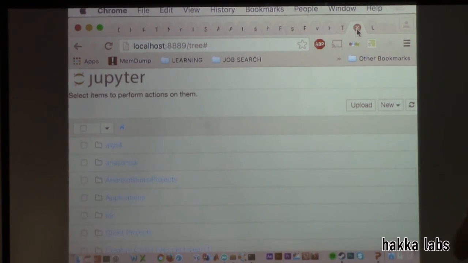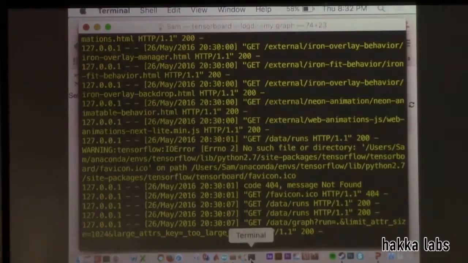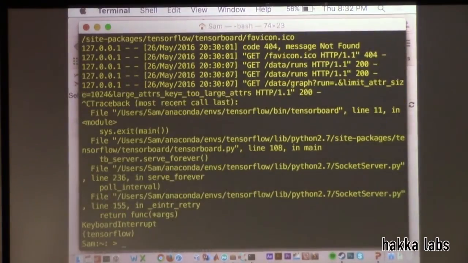Yes, sir? Basically, when you install TensorFlow, it comes with this TensorBoard command. So all you're typing is tensorboard, and then we're passing in a log_dir flag to pass in the directory that we want to use.